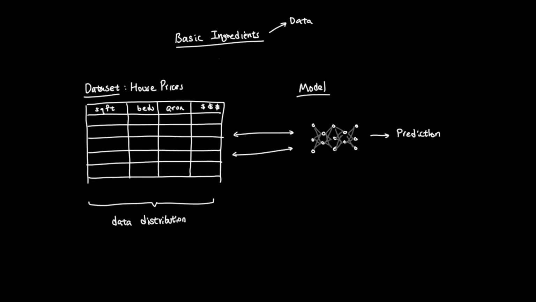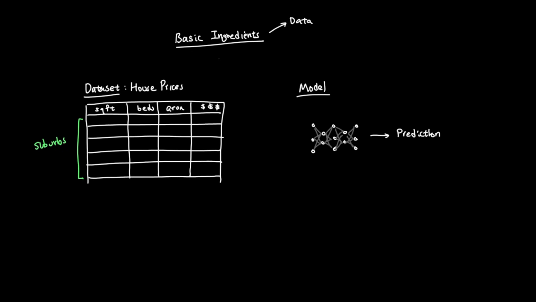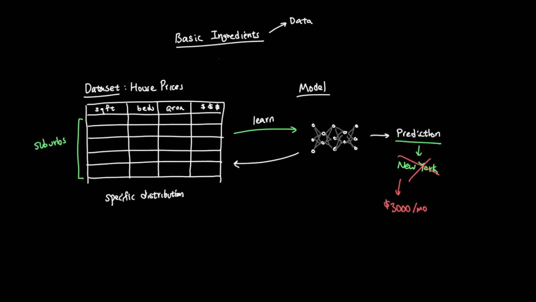A data distribution is basically the pattern of examples that the model sees during training. If real-world data looks very different from the training data, the model's predictions can get worse. For example, if we train a model only on suburban homes, it could struggle to price a New York shoebox where $3,000 a month gets you a closet with maybe some natural light. The model did not learn housing in general. It learned from the specific distribution of examples we gave it.